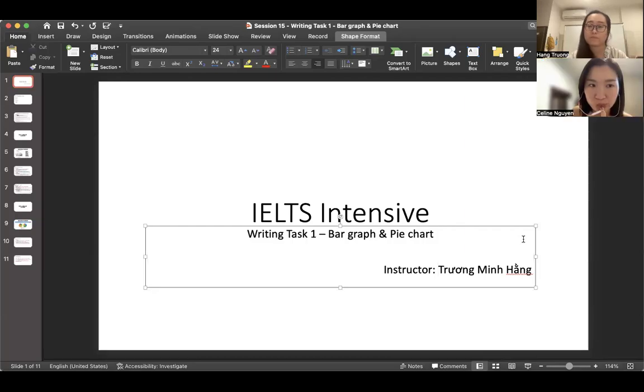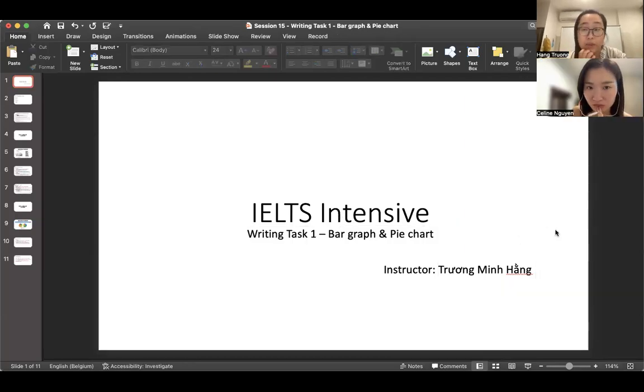So today we will continue with session 15, right? This time last week we covered the first task type in writing task one, which is line graphs, right? So now,